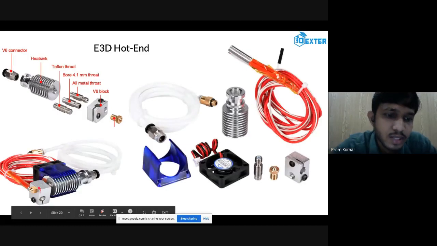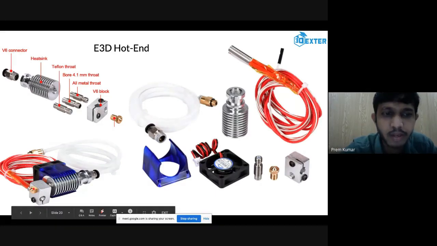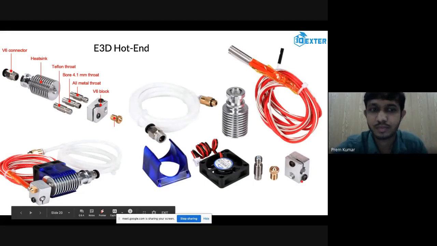So this is the area where the complete block is heating, and the nozzle is also getting heated to 200 degrees centigrade, whatever the temperature that you set in your printer. And the sensor is placed inside this cube. There will be a small hole. You can see the small hole over here. So inside this hole, the thermistor will be put. So a heater is heating from here, and the thermistor will be sensing the temperature from this portion.